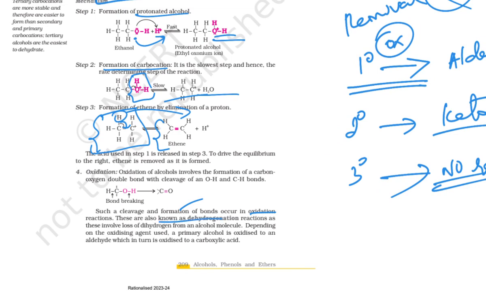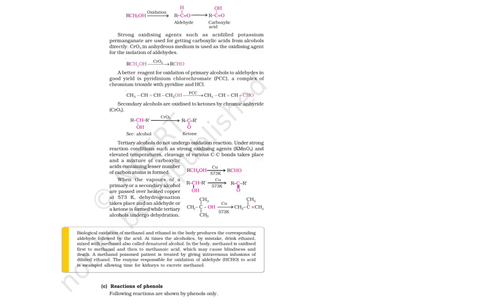These are also known as dehydrogenation reactions. The reaction involves the loss of hydrogen from the alcohol molecule, depending upon the oxidation agent. The primary alcohol is oxidized to aldehyde, which in turn is oxidized to carboxylic acid. If you are further oxidizing the carboxylic acid, so